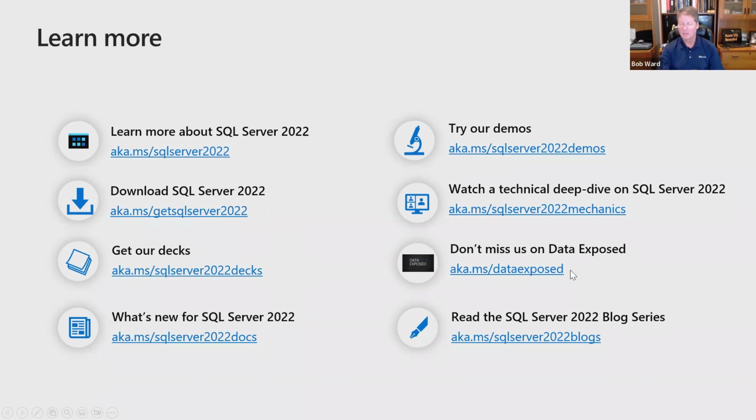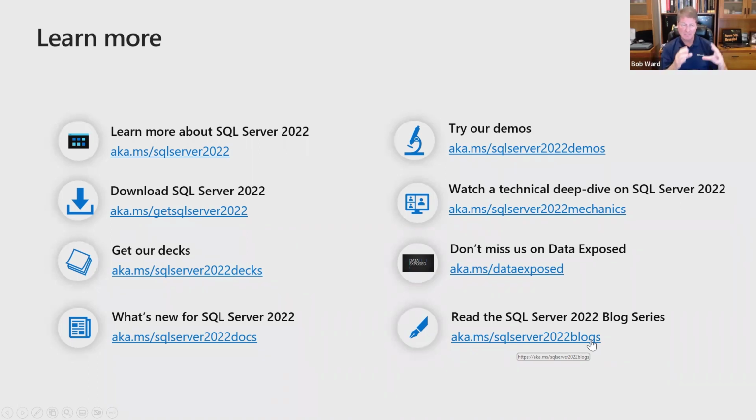And then who hasn't heard of Anna Hoffman and the famous Data Exposed? I think she did a live one here at Data Platform Summit. There's a series on SQL Server 2022 that they have specifically in Data Exposed. You can see that. And then this really is the treasure trove. All the folks you saw in those sessions right there, a lot of the program managers have been working on a blogging series. We've got a lot of them out there now, and there's going to be a lot more to come.